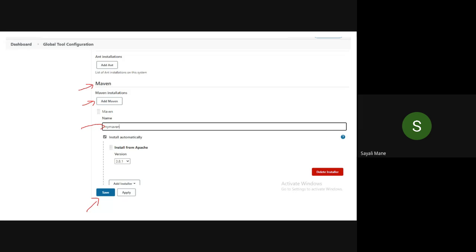Can you share your screen? Because my Jenkins is not opening. It's getting very slow. Okay, ma'am, let me stop sharing. Yeah, can you share your screen?